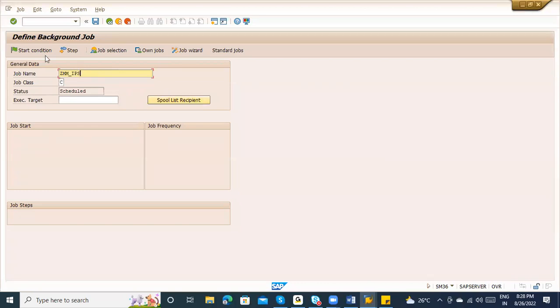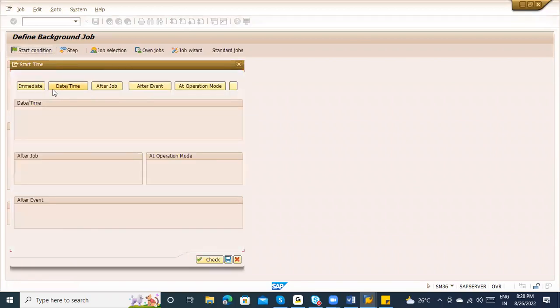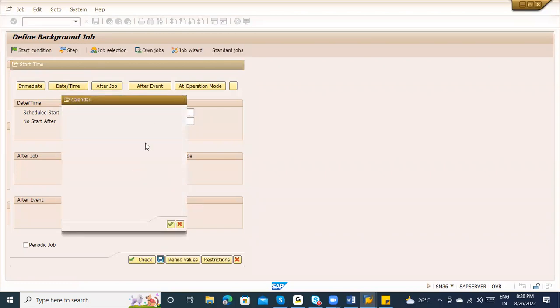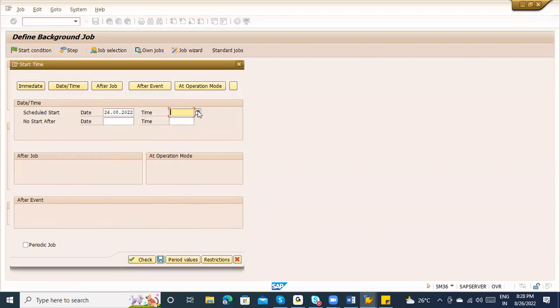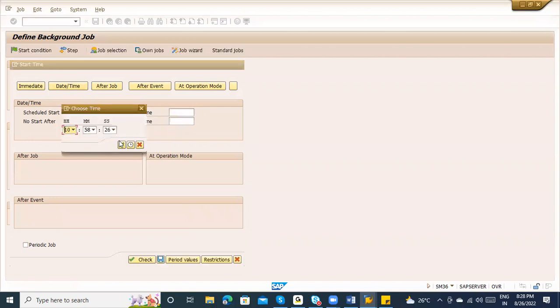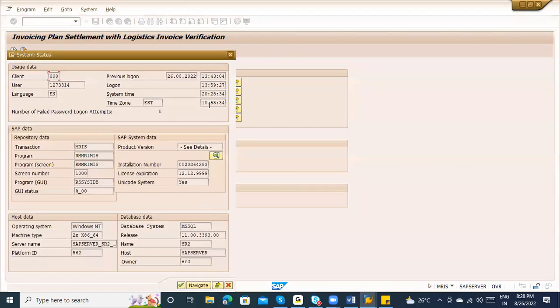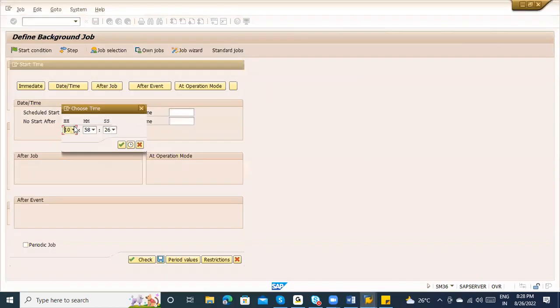Okay, now what you can do, click on the start date, whatever date it is. Okay, now its date is today's 26th, and what is the time? Suppose it is... what is the time now? Again, this time we need to check. Why it is not coming, I don't know, but it will display. But let's see what is the time now. 2028, right? So what I'm planning is I just start with the